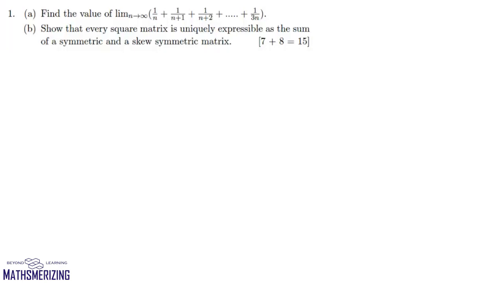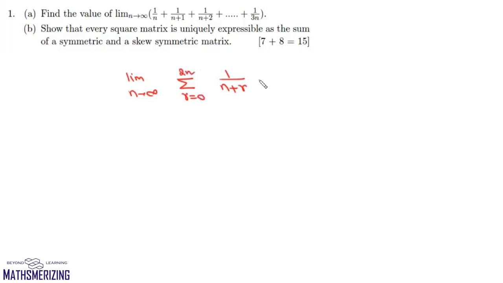Today we'll discuss ISI's MSQMS 2019 QMB paper, and the first question is: find the value of this limit, n tends to infinity, 1 by n plus 1, plus 1 upon n plus 2, up to 1 upon 3n. Now we can write this limit as limit n tends to infinity, and then we'll express it in terms of summation. So we can write this as 1 upon n plus r, where the value of r varies from 0 to